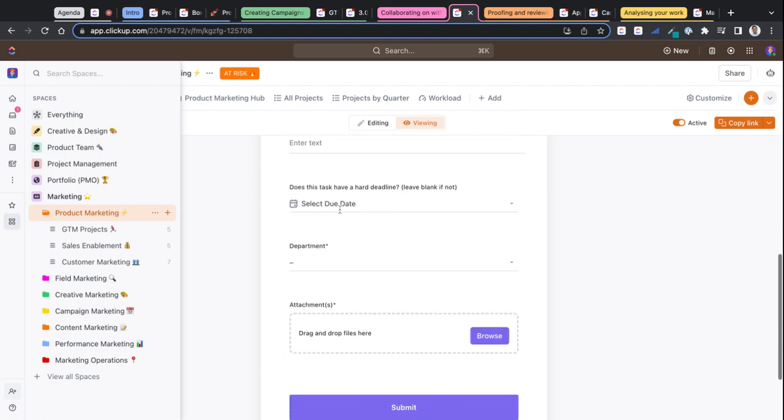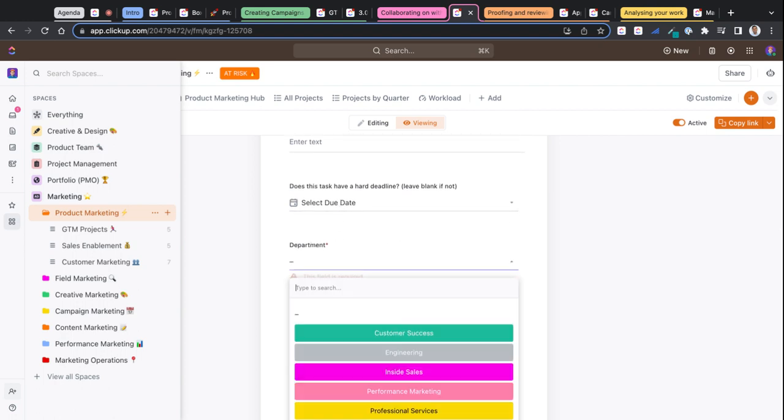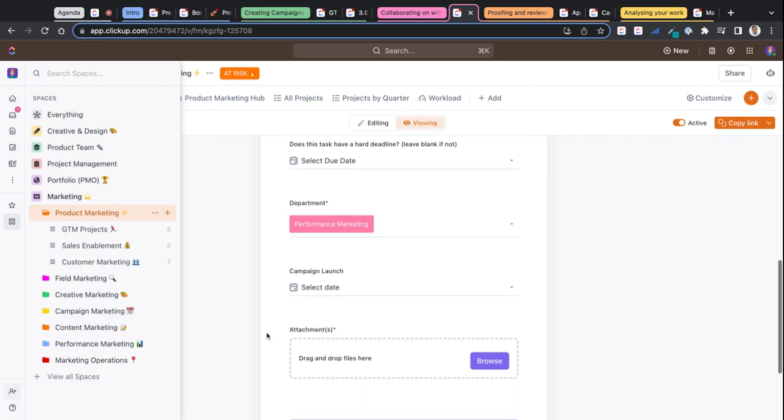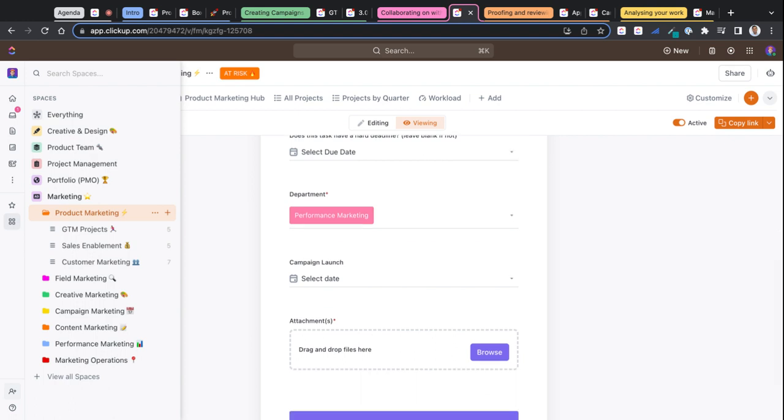So I can fill in the request, and what's helpful with ClickUp forms is we also have conditional logic within this. For instance, if I choose a specific team, it will ask me for more information tailored to the specific information I need for that particular department. So we can really structure the user experience of the form to make it easy to fill in and enables us to see a backlog of all of our requests that we're getting from different teams